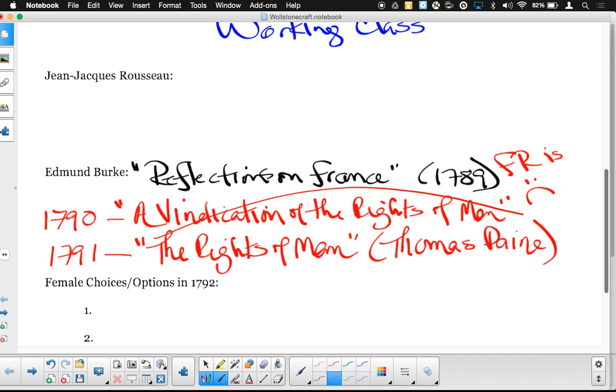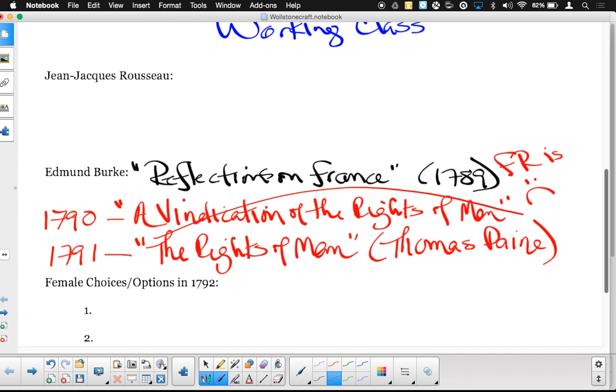So Burke throws out this idea. Wollstonecraft goes, no. People go, that's good. And then she publishes it again with her name. That's bad. Thomas Paine publishes a similar idea, and folks go, that's good. So that certainly ticks off Wollstonecraft, which then in the following year, this is when she publishes in her book